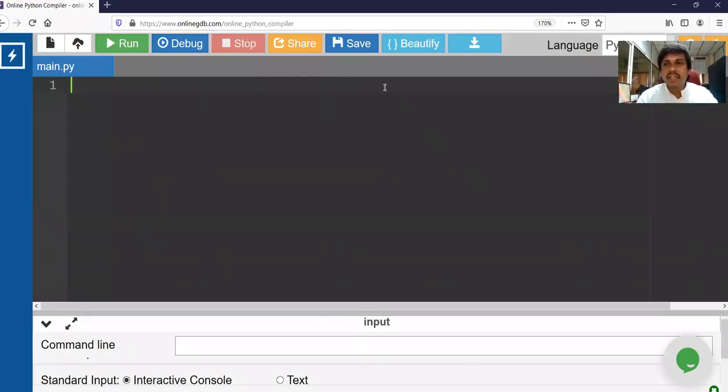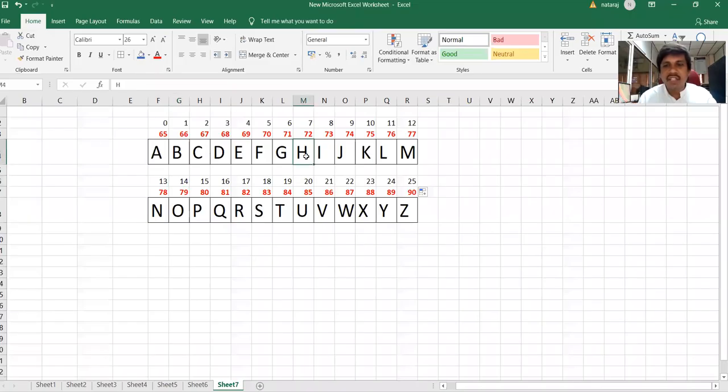Now we will take input as plain text in our example. Let the first character be H. 72 minus 65 is 7. Or any character's ASCII value minus 65 is that index value. Like L. L means 76. 76 minus 65 is 11. X. X is 88, and 88 minus 65 is 23.